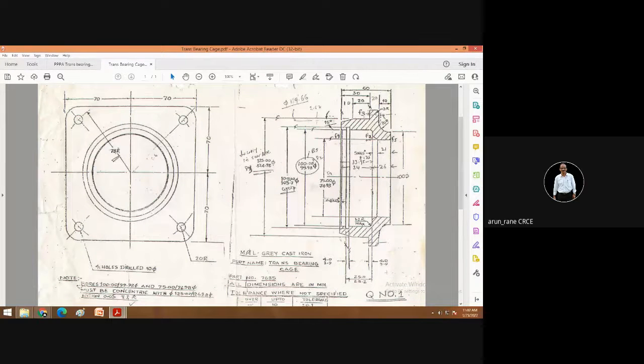So you can say the area suitable for location is what? Face F4. Area suitable for locating is this 140 by 140. Then for supporting F4, and for clamping that is 140 by 140. This 140 by 140 is used for clamping. This is used for location. At the same time, face F4 is also used for location. So that you can write clearly.